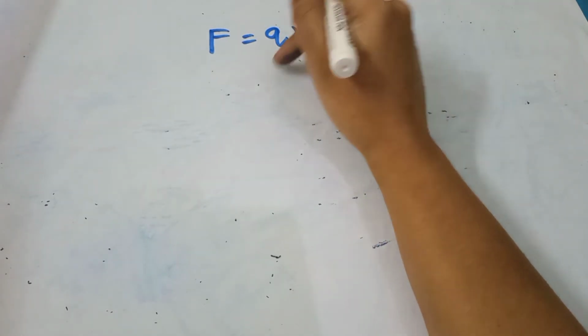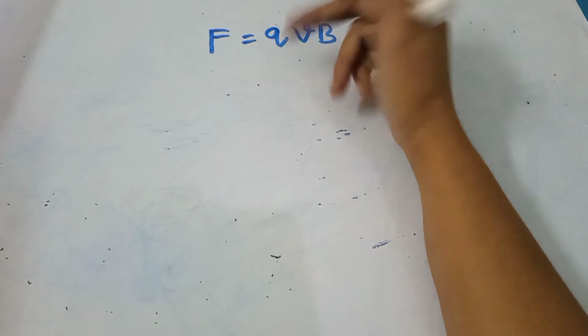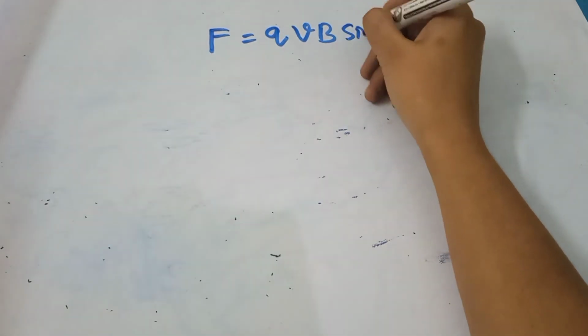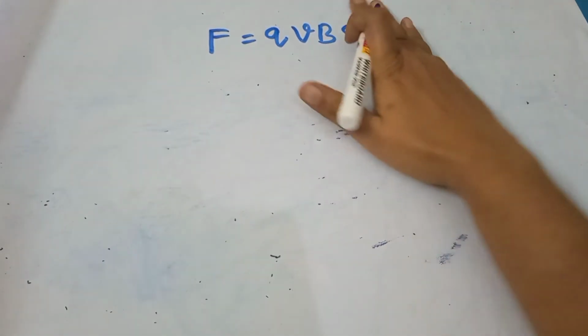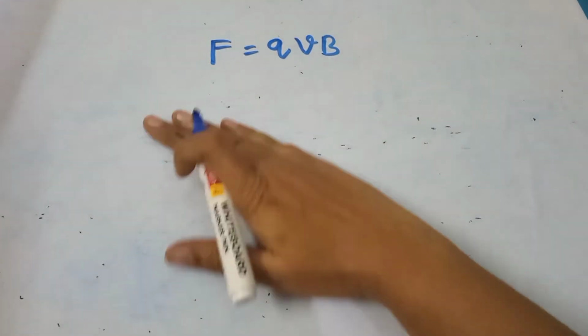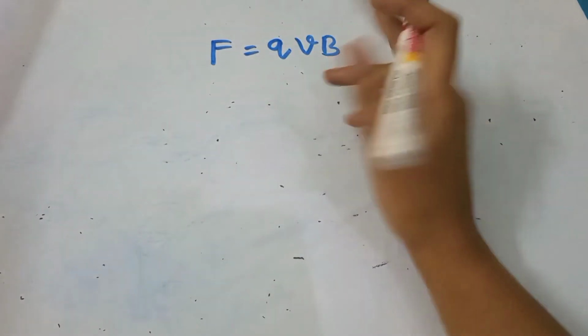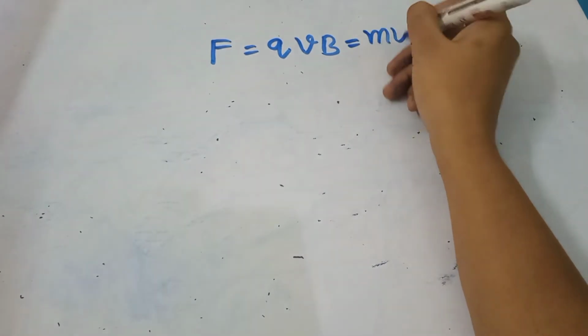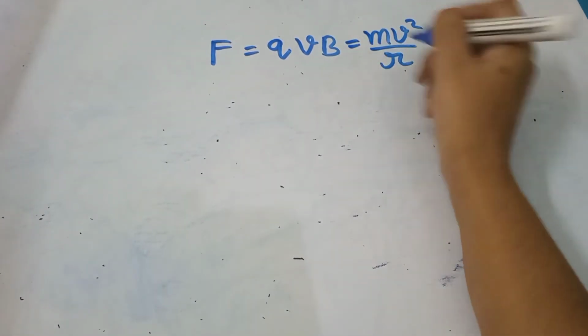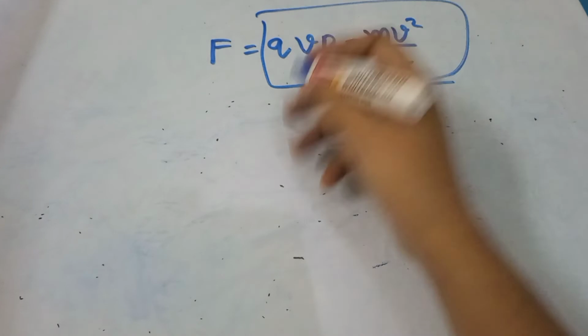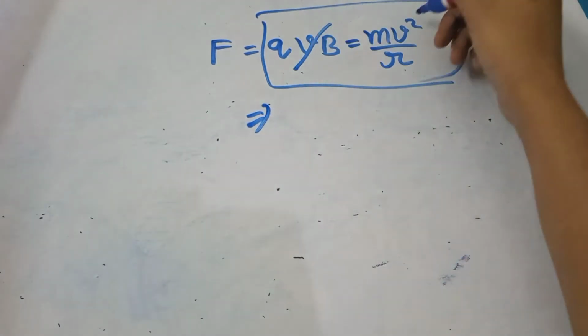Because in the question they are mentioning that V and B are perpendicular, so sine 90 is equal to 1. So I directly wrote F is equal to qVB. This force is balanced by the centripetal force, which is equal to mv square by r. So from this one v is cancelled out,